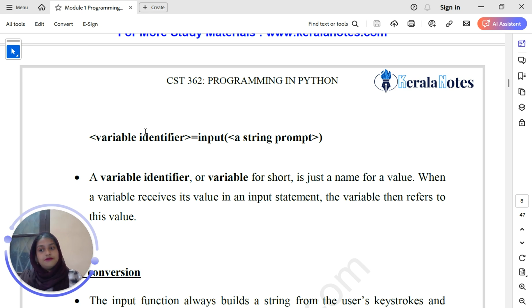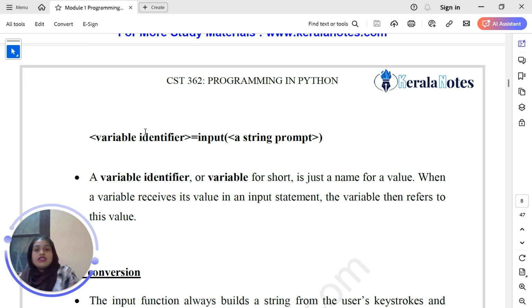To name a variable, there are certain rules. For example, it can't start with a number. We can write num, so there can be different variable names. That is what we call a variable identifier. It's a name, it can be anything. After the variable identifier, we write the assignment operator, equal to. Whatever we are inputting from the user, we are storing inside the variable identifier.